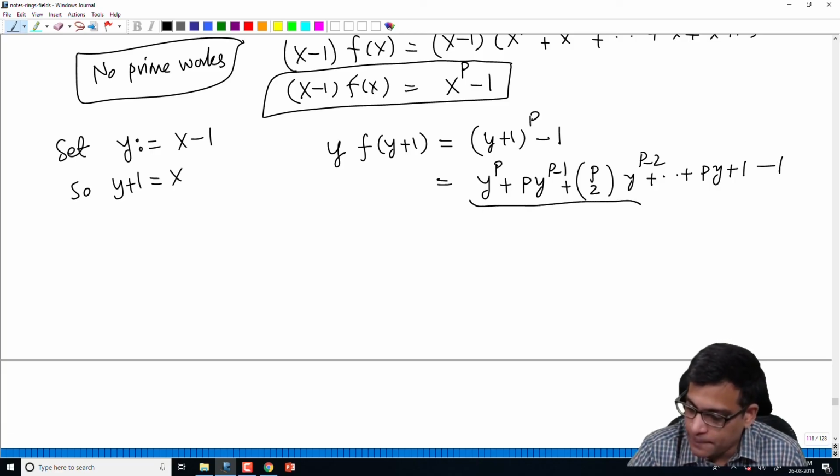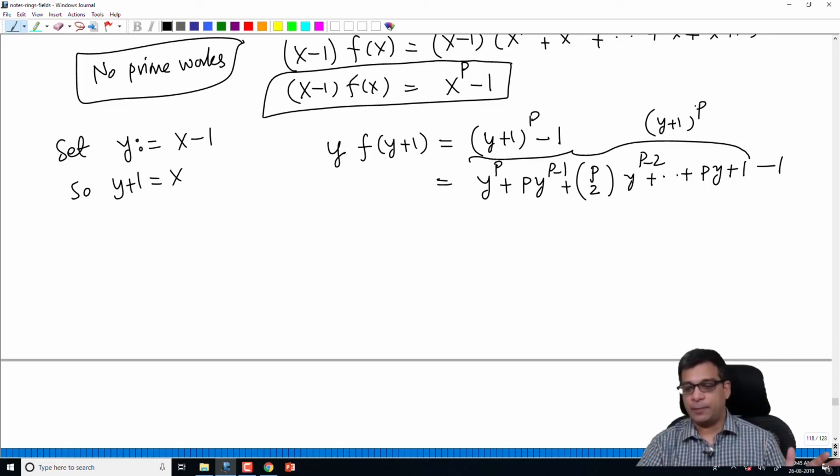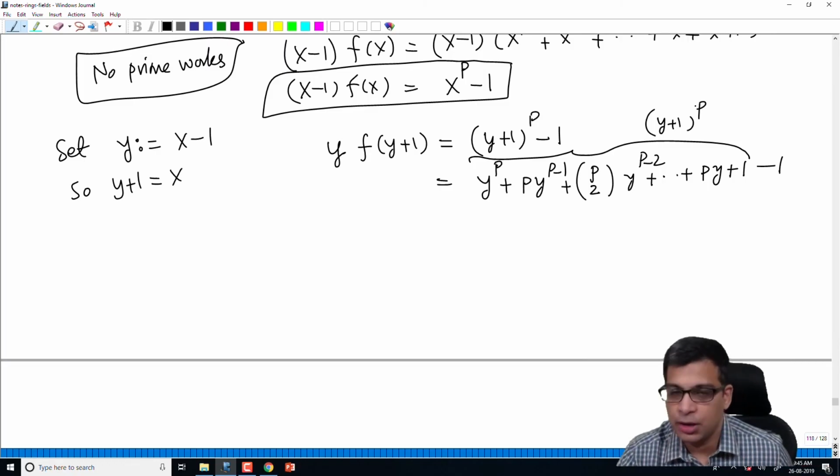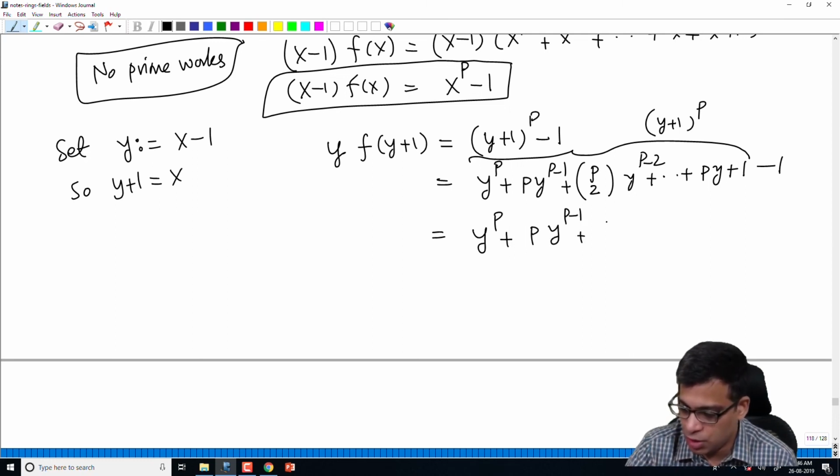So this is just (y+1) power p. If you expand (y+1)^p by using the binomial theorem, this is what you get: y^p plus p y^(p-1), p choose 2 y^(p-2), and so on, plus 1 at the end. So you cancel that 1 with this minus 1. What you end up with is y^p plus p y^(p-1), p choose 2 y^(p-2),